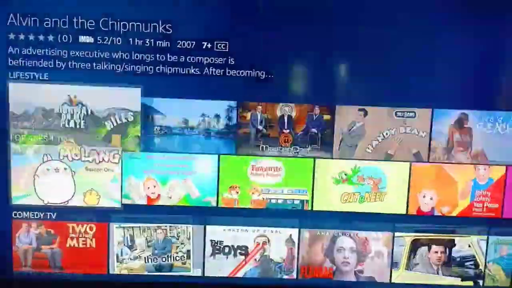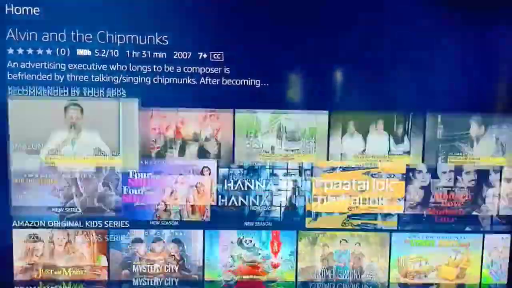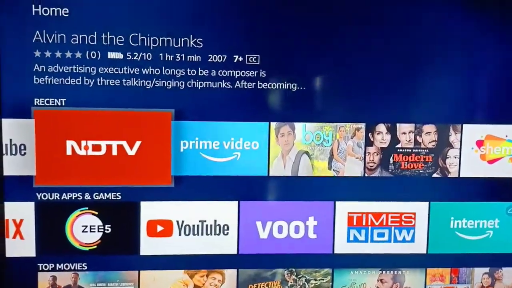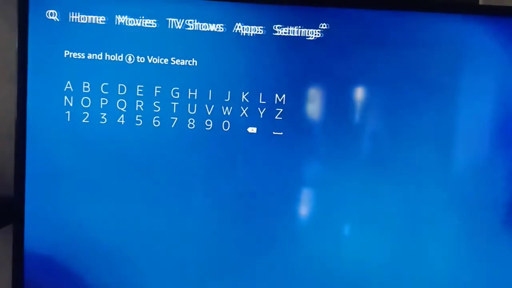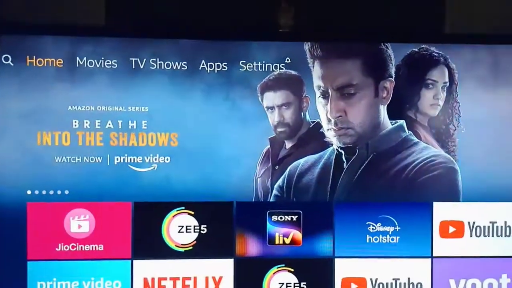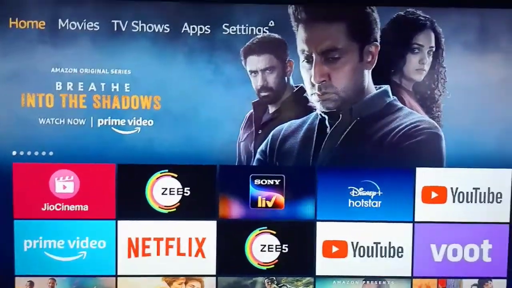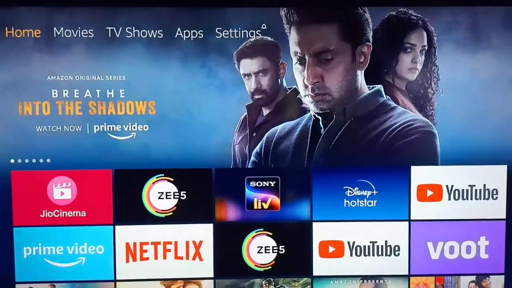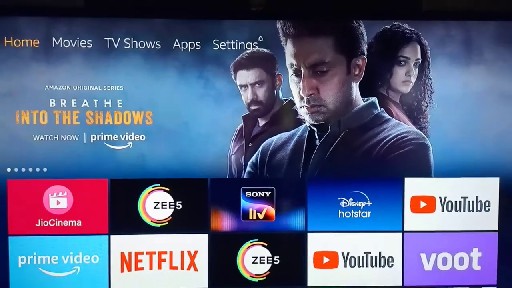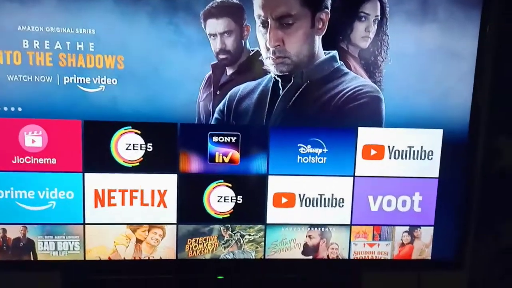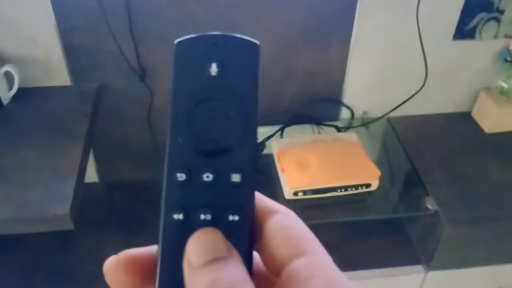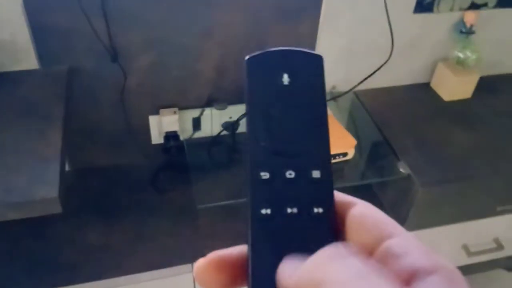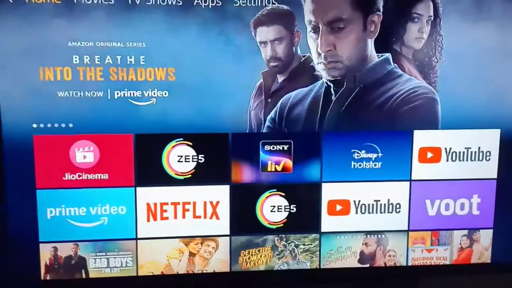Amazon Prime is really cheap. You can buy it. Maybe you will get a free connection if you buy it in an offer. Then Amazon Prime, you will get it free with the Amazon Fire Stick. The Fire Stick is currently available at around 4,000 and 6,000. I have the 4,000 rupees version. In the 6,000 one all the things are the same, just the remote control is a bit different. You have volume controls and other options available. Otherwise the things will be the same.